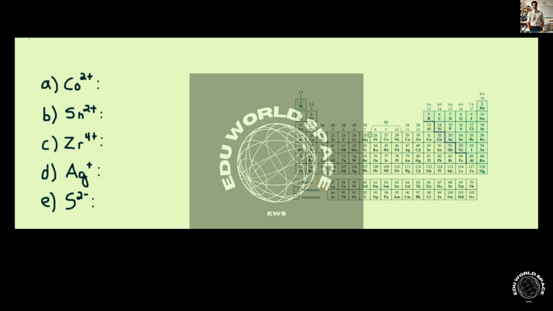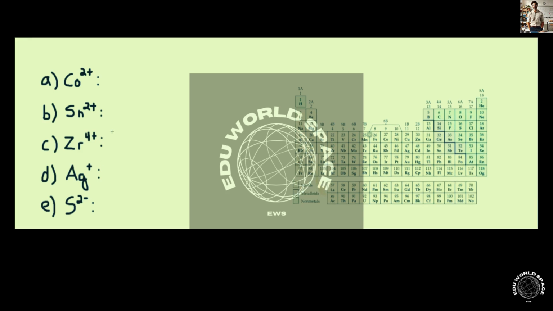This question asks us to write the electron configurations for the following ions and determine which have noble gas configurations. So the first one is cobalt 2+. Cobalt is right here, number 27 in the periodic table. So in its ground state, or in its non-ionic form, cobalt has an electron configuration of argon,